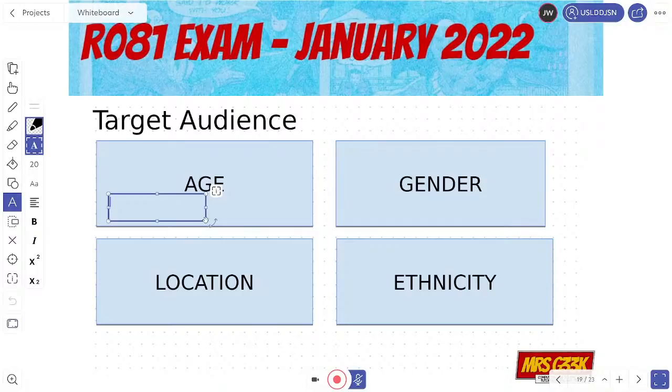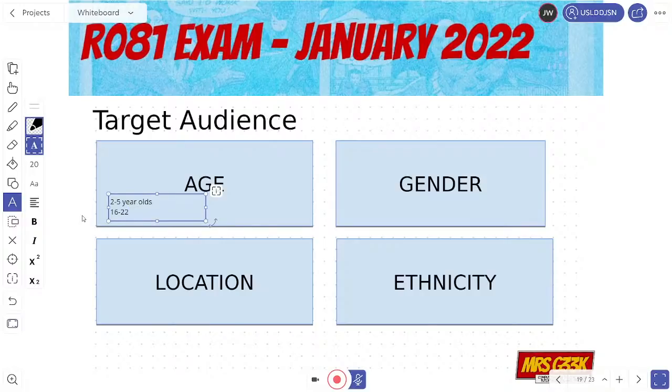So you need to be really clear when you're doing your boundaries for ages. Now, also as you get older, that's a little bit easier to do, because typically once you get to a certain age group, that gets a little bit broader. But definitely when you're doing anything to do with children, you need to be very tight and specific. So if you were doing a preschool book, you could do, for example, 2 to 5-year-olds. If you were doing, I don't know, something for university students, you might do 16 to 22 to kind of cover either end of that as well. But you see how these are really tight age bands.